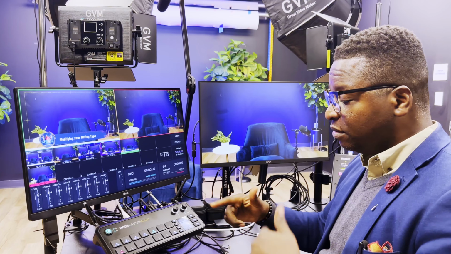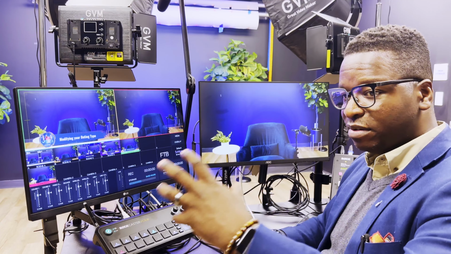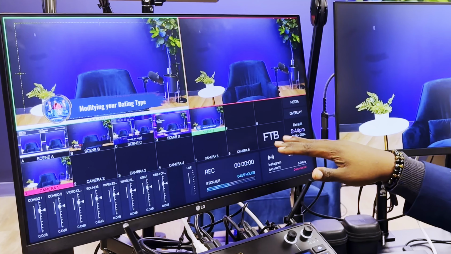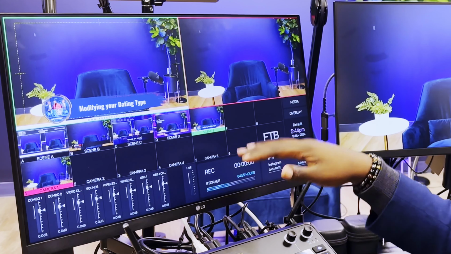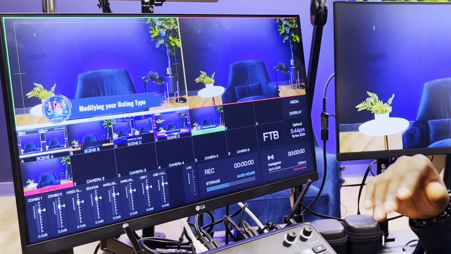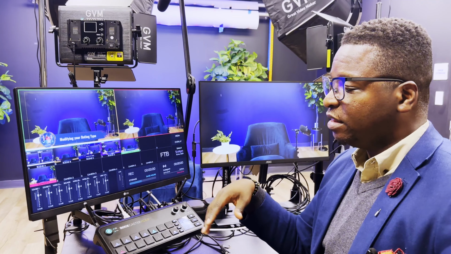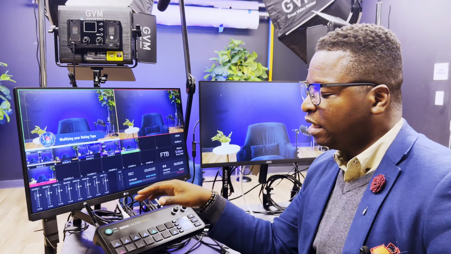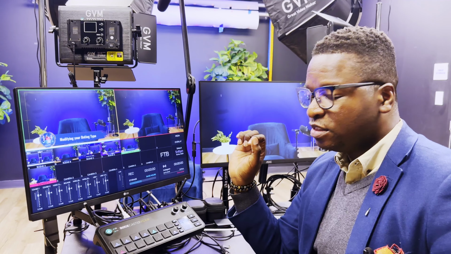I have set it to a cut bus where I'm having program and preview and having to hit the cut button. So if I had more camera feeds here, I would be able to pull those in, and you would see them lined up here as well. Again, if I had the audio sources connected at this time, you would see those lighting up as well. It does have the 2 combo ports on it, and so you would be able to connect in 2 XLR